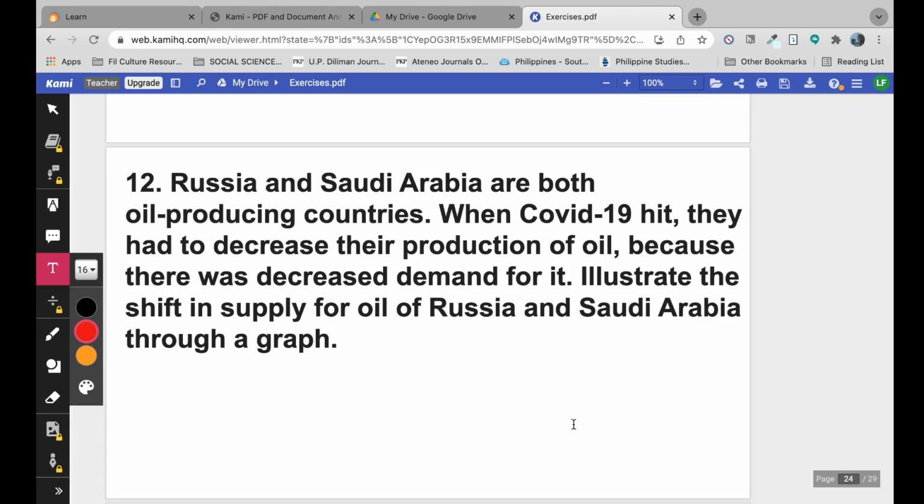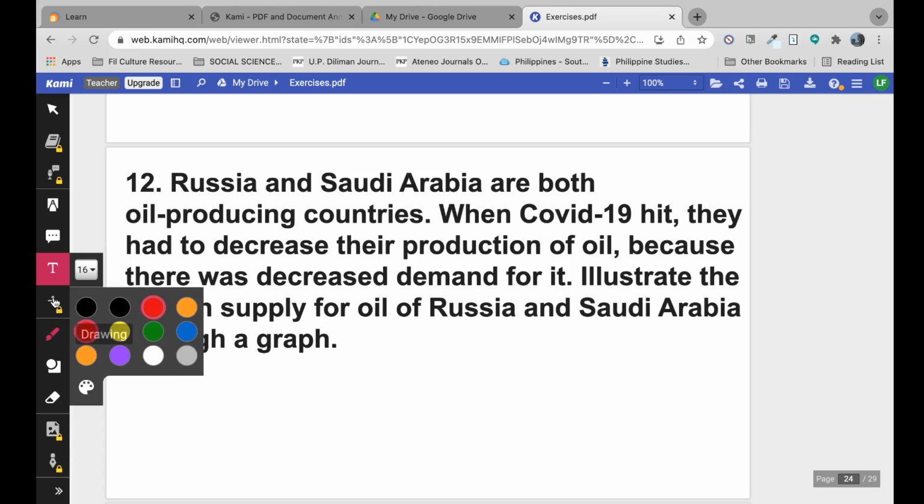So anyways, let's try to figure out what happened to the supply of oil by illustrating our supply curve. Go ahead and pause the video, or if you're fast and you get the concepts, you can go straight ahead. So, 20, 19, 18, 17, 16, 15, 14, 13, 12, 11, 10, 9, 8, 7, 6, 5, 4, 3, 2,